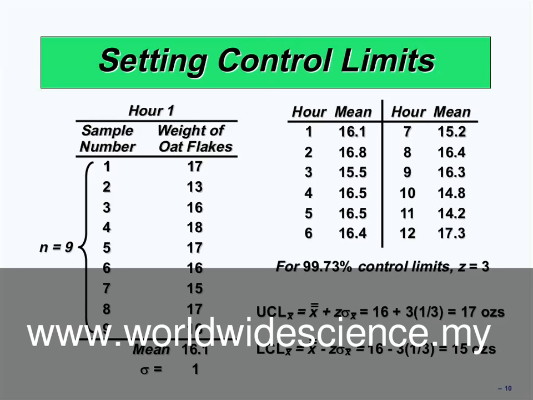99.73 is the accuracy number. The accuracy number should be given by the engineer to the operation manager. For example, the engineer tells the operation manager to work with Z equal 3 and sigma equal to 1. Z equal 3 means the accuracy should be